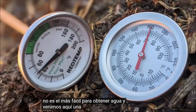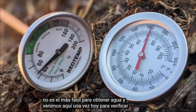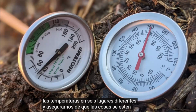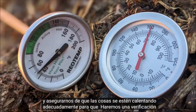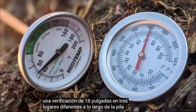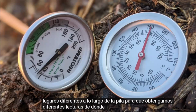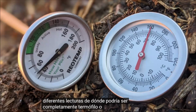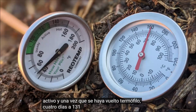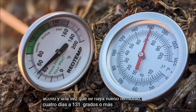And we come out here once a day, check temperatures in 6 different locations, and make sure that things are heating up properly. So we'll do a 12-inch check and an 18-inch check at 3 different locations throughout the pile. So we get different readings of where it might be completely thermophilic, or maybe there's a pocket that's not actually fully active. And once it's gone thermophilic, so 4 days at 131 degrees or higher, we call it pretty much